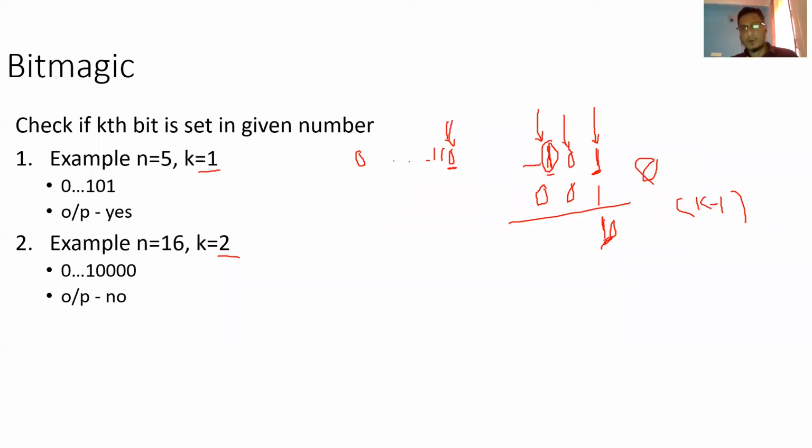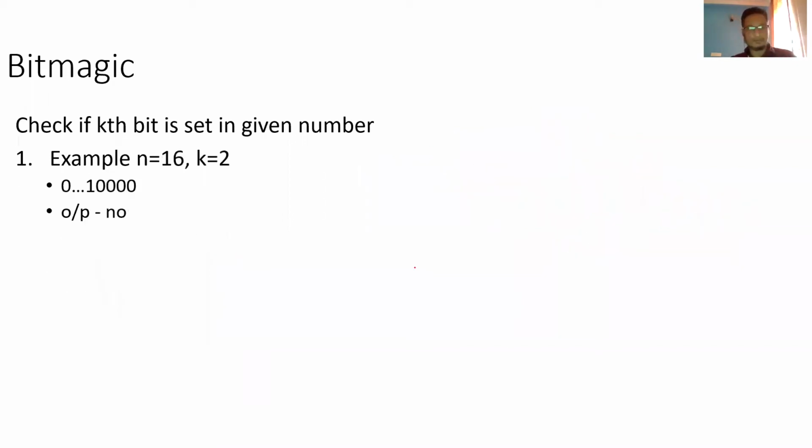You don't need to do modulo only. You can check whether the result is not equal to 0. That is sufficient, because you are shifting the bits and you are ANDing with 1. Whatever number comes before, when you AND with 1, only the last bit will be checked. The others will be set to zeros, because I'm ANDing with 0. So even if there is a big number, all the other bits will be set to 0. Your result you need to check whether it is 0 or 1. That is sufficient.